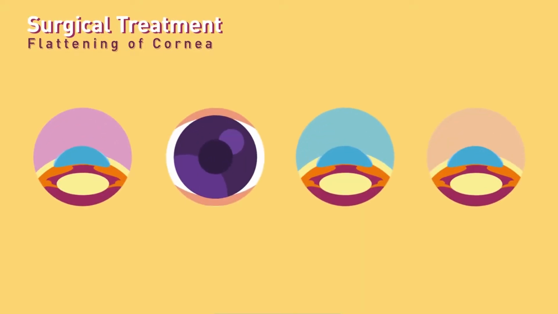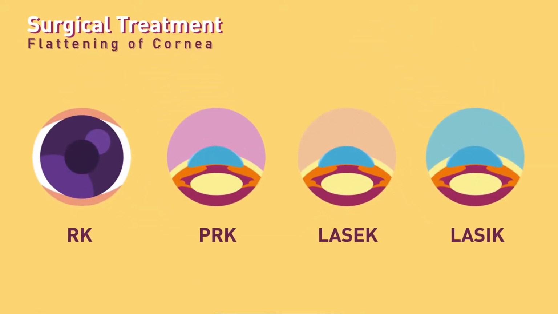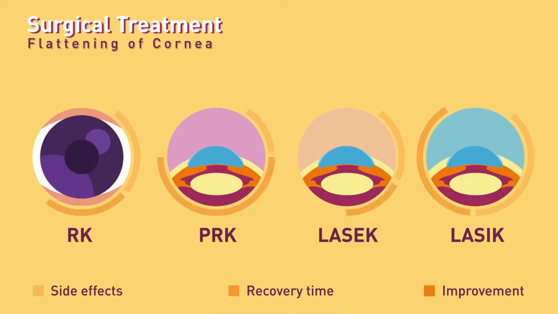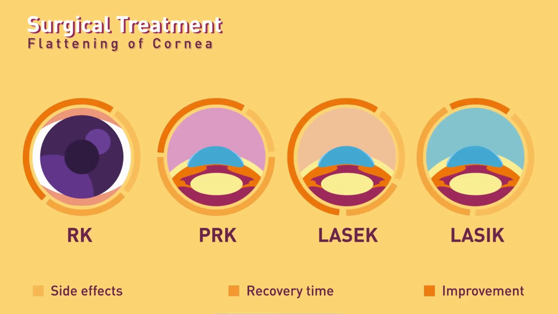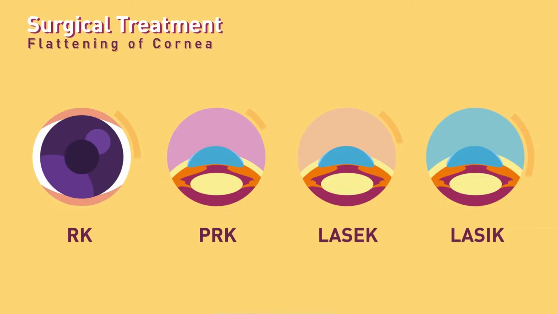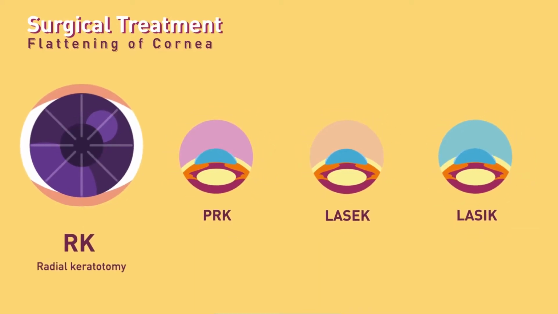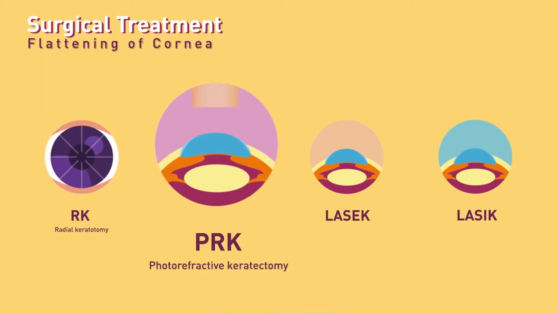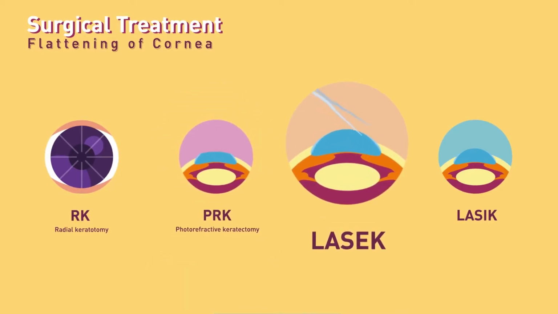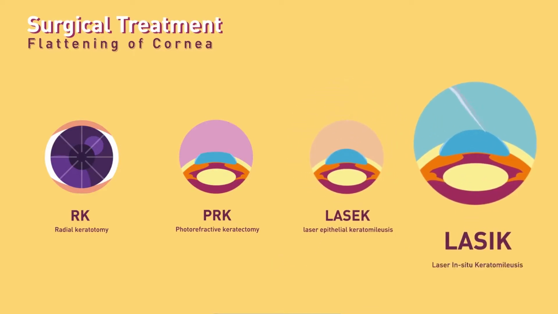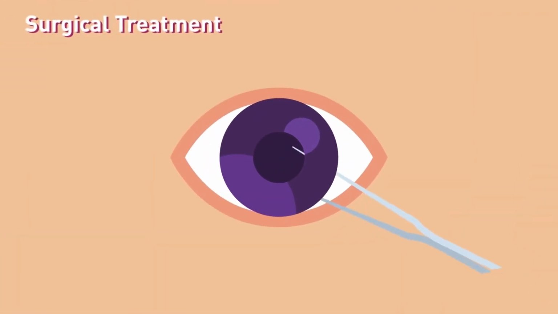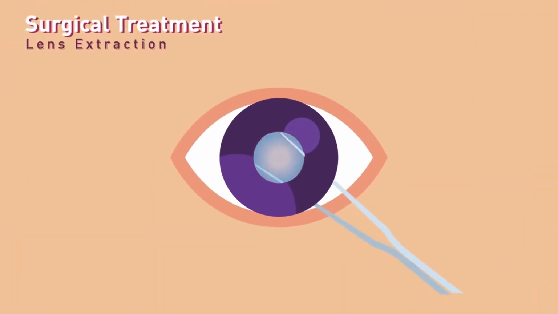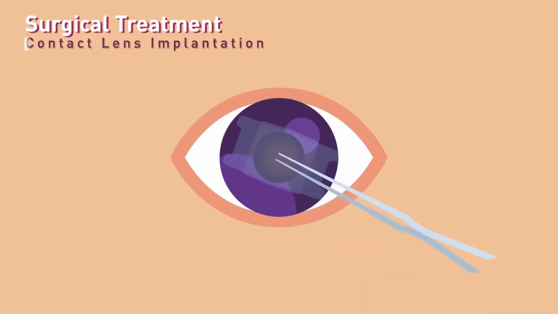Surgical treatment. Flattening the central part of the cornea. This includes different methods that were changed and advanced, depending upon reduction of side effects and recovery time and improvement of degree of vision. The surgeries included in this category are radial keratotomy, photorefractive keratectomy, laser epithelial keratomileusis, LASEK, and LASIK, laser in situ keratomileusis. Other surgical treatment options are lens extraction, contact lens implantation,